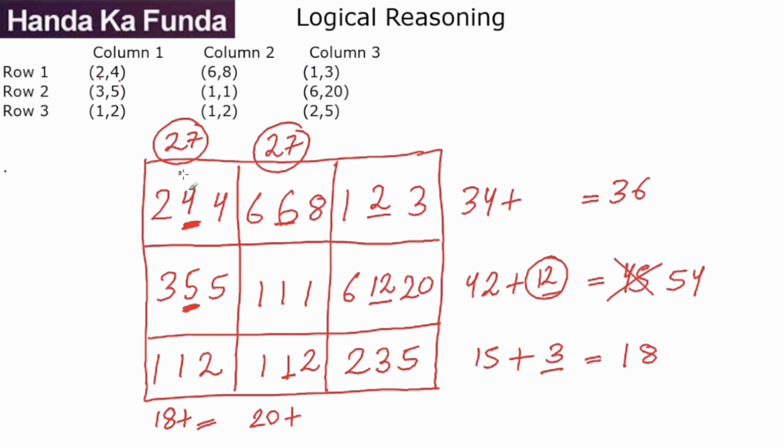So this column is adding up to be 27. This column is adding up to be 27. These rows are 36, 54, and 18. I haven't calculated this column. Let me just do that as well. So this is 6, 6 and 10, 16, 16 and 38. So this one also adds up to be 54. So now I have all the grids, all the values, all the sums. Let me tackle the questions now.